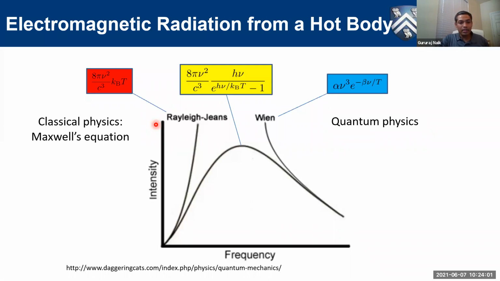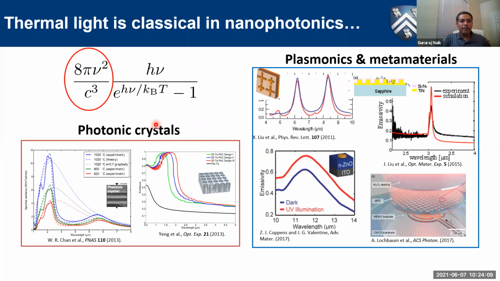There were only here and there designs, but most of the designs were about how to confine light in a single cavity. That's what people did in the past. So in classical nanophotonics, by which I mean photonic crystals, plasmonics, metamaterials, we focused on just making single resonators, and at resonance, I would change the photonic density of states, and thereby control thermal emission. That was the only way we controlled thermal emission. We almost forgot the other part of it. So what if we make use of the quantum nature of light here? How is it possible? Can we even do this?